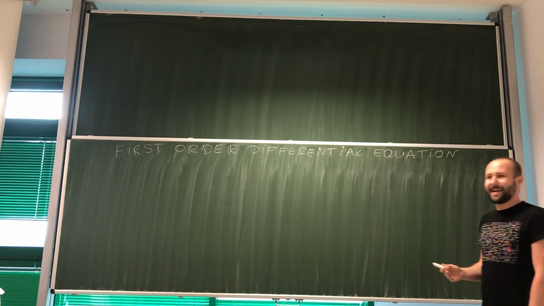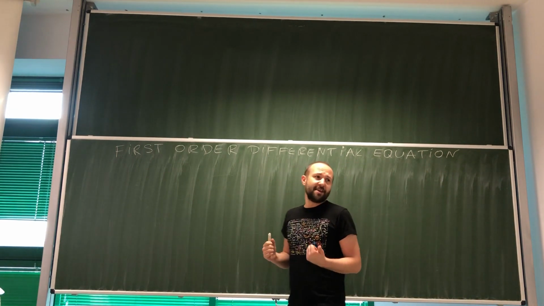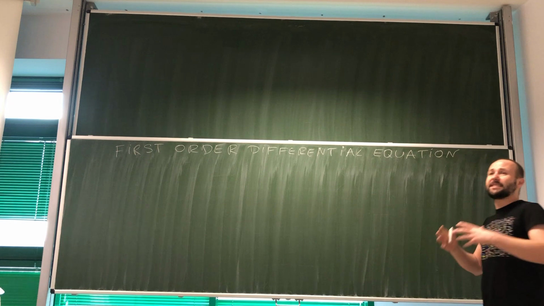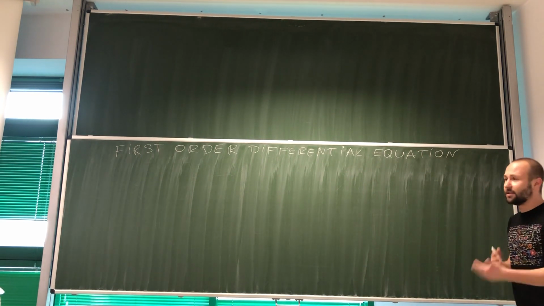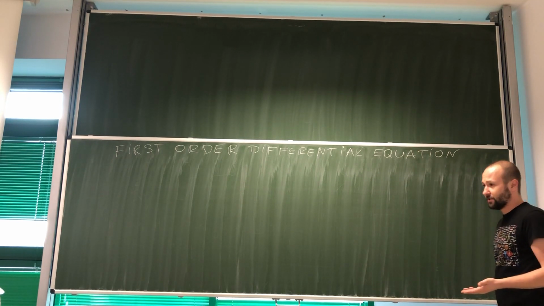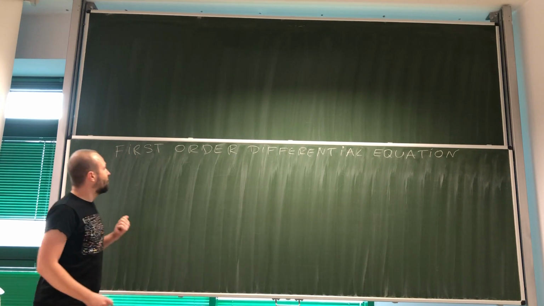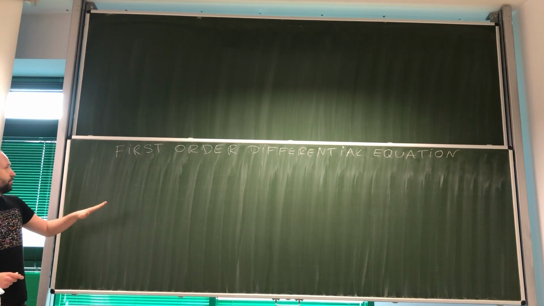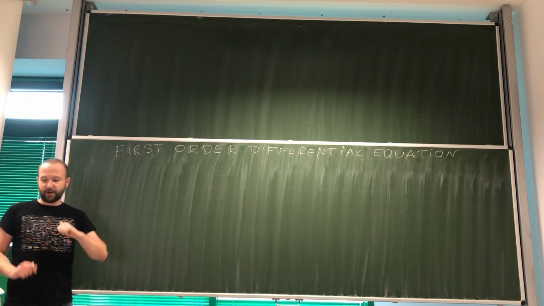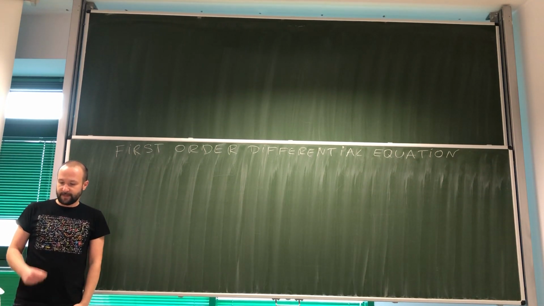Normally, it could be very problematic, but at this moment, we have established certain ways in which we can easily find solutions to different types of equations. So what we are going to deal with in this part of the class are first order differential